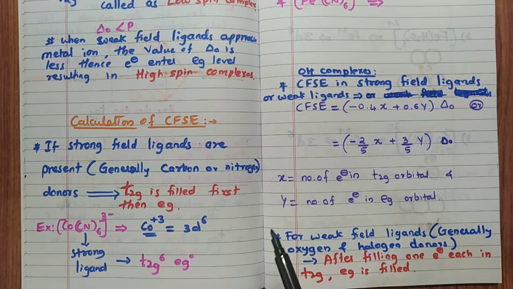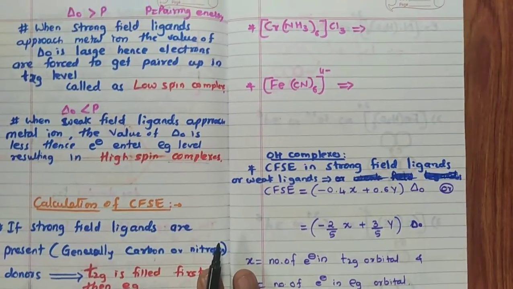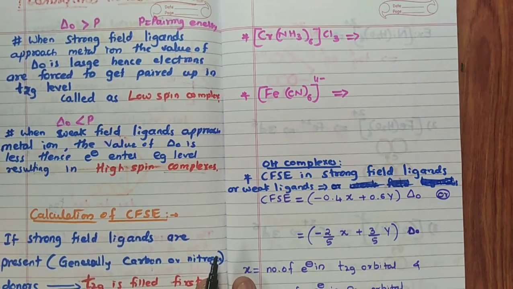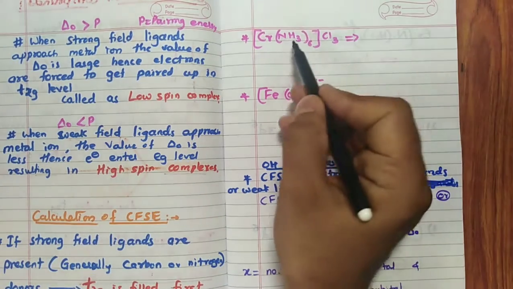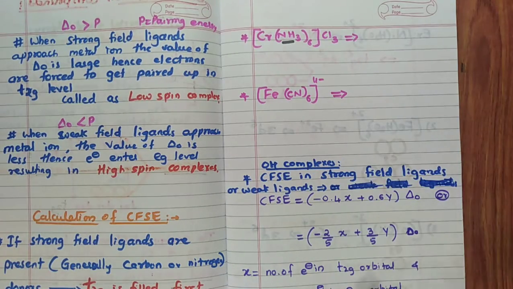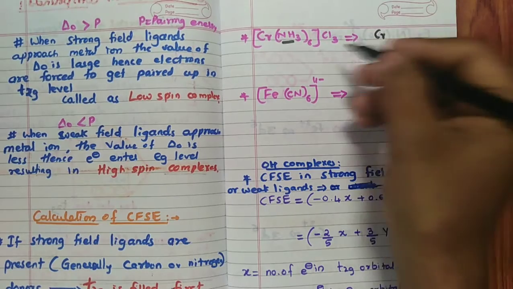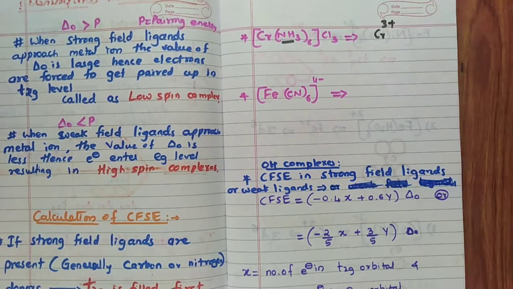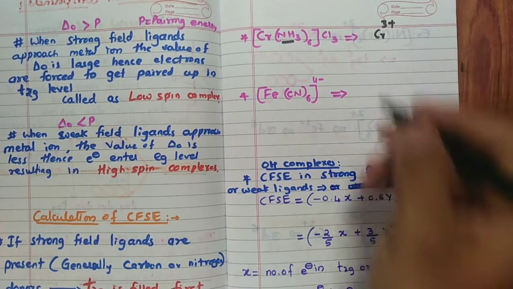So then 6 electrons over. So Eg is 0. Similarly, I have two problems. See, Cr(NH3)6 Cl3. What is the strength of the ligand? Once again, strong ligand. What is the oxidation state of chromium here? Chromium oxidation state is 3 plus. 3 plus.